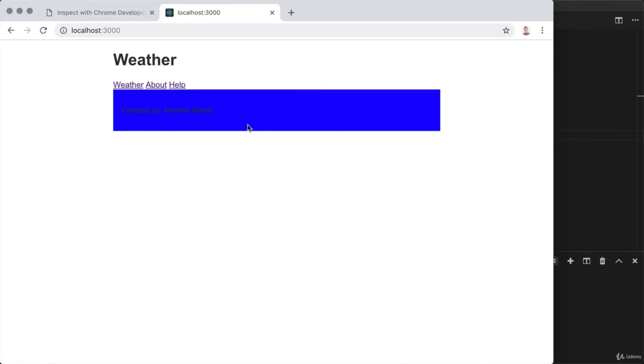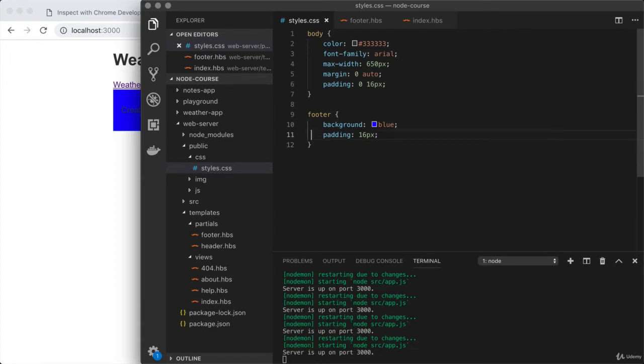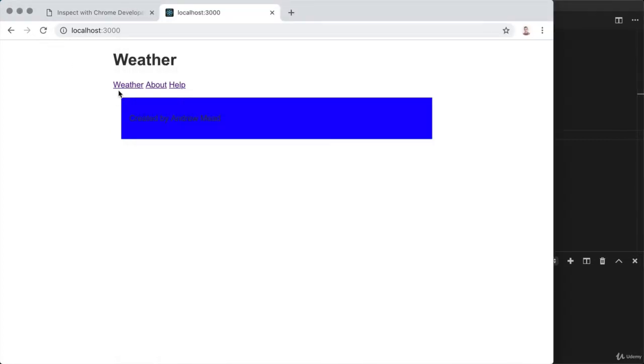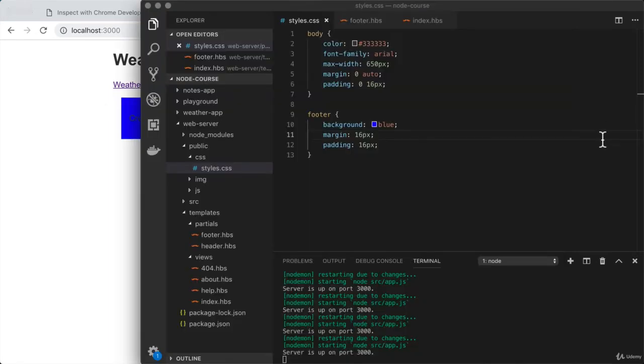Now the margin, it's going to put space between the things outside of the box and the box itself. That would allow us to put some space between this blue box and the header links above. So right here, let's go ahead and explore that. That's going to be margin. And I will set the value equal to something like 16 pixels. I'm then going to go ahead and save the style sheet, and now I can see we have space outside of the box on all sides. So that's the difference between margin and padding, and we'll end up using both throughout this course, and we're actually going to use both